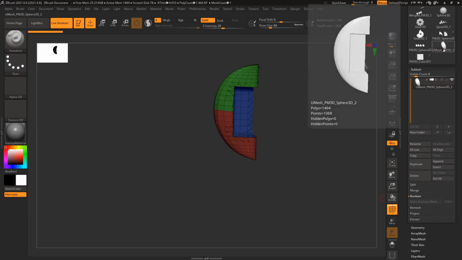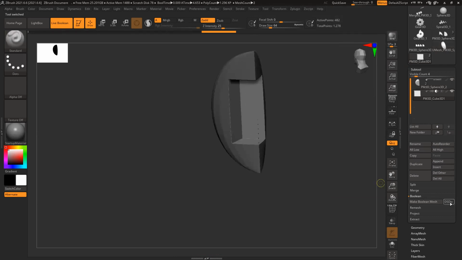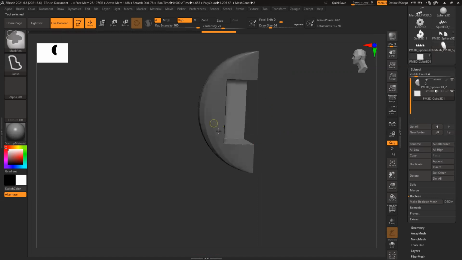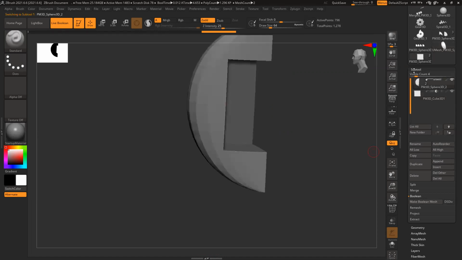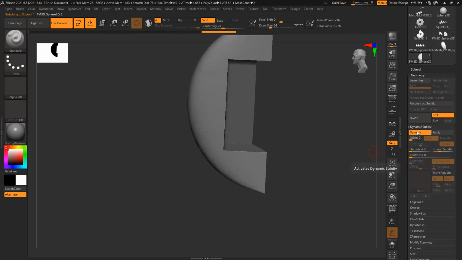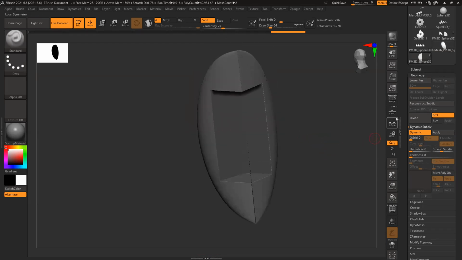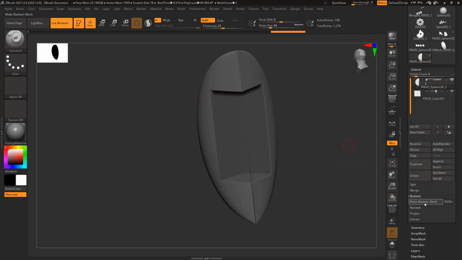And let's see this. I'll go back to our previous model, Shift F. And this is basically allow dynamic subdivision. Dynamic subdivision is you have to select this model and go to geometry. There's something called dynamic subdivision. Activate it, and number of subdivisions you can increase 2, 3, 4, whatever you want. So basically, if you boolean this, it will retain this subdivision. Allow this and make boolean mesh. It will create one more model here.